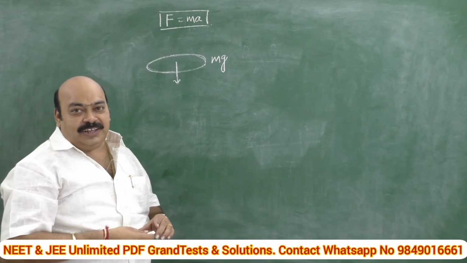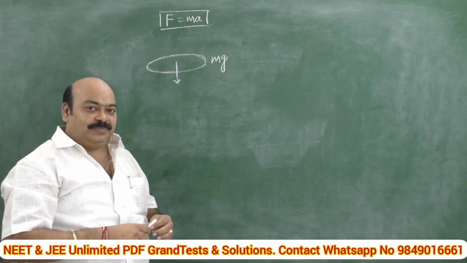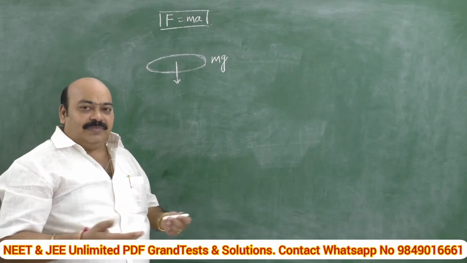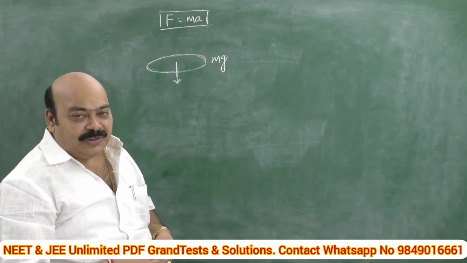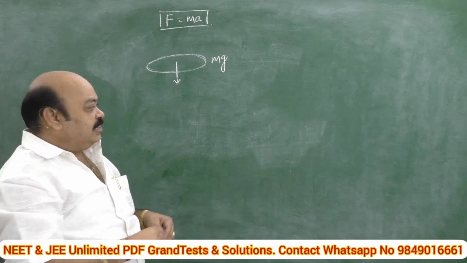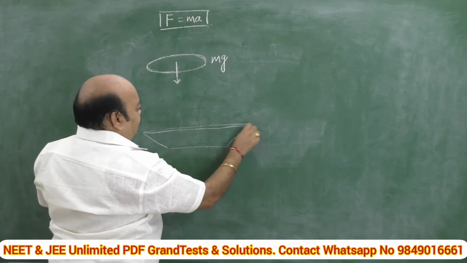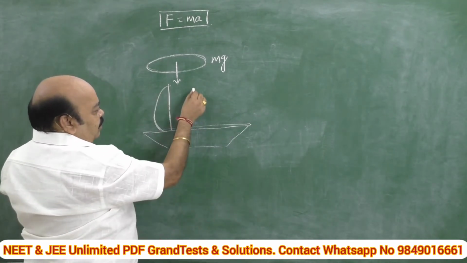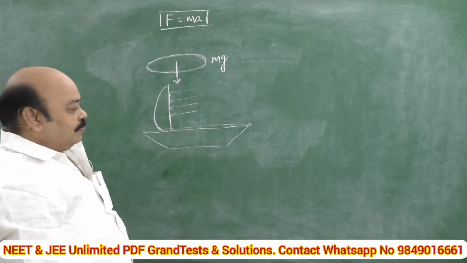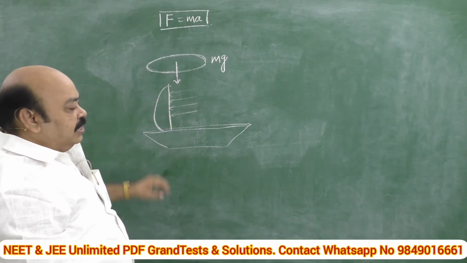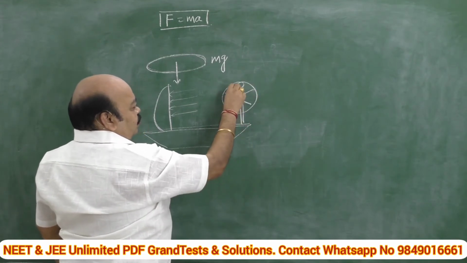On a bad weather day, an intelligent boy like you wants to row the boat. In ordinary weather we can get air, but unfortunately there is no air. The boy is very smart like you. He arranged a pedestal fan on the boat. A country boat has sails. When air hits it, according to the direction, it will move. This is the condition: in the absence of external air, the boy arranged a pedestal fan on this boat.